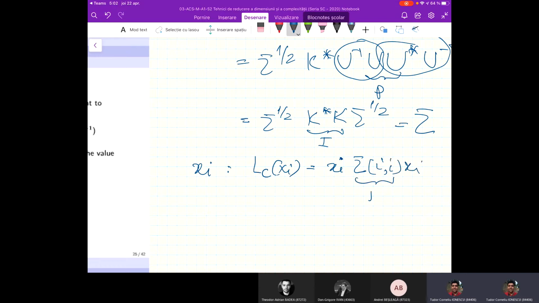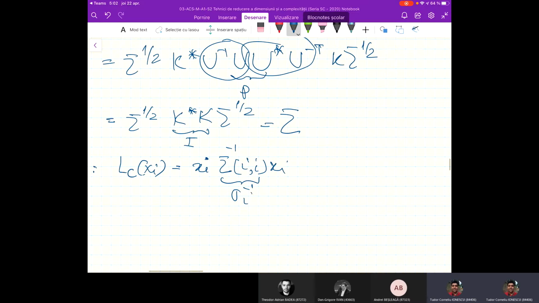But this is sigma i inverse, sorry. So this is sigma i inverse. So the effort to control is xi squared over sigma i. As we already know, we discussed this two chapters ago. And the observability output of the same state is sigma index i times xi,